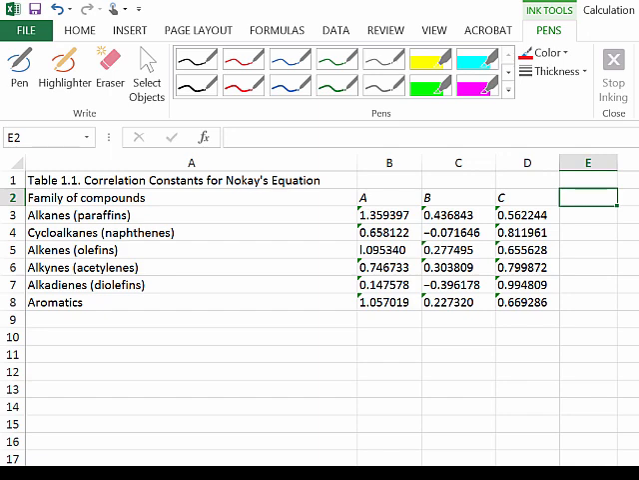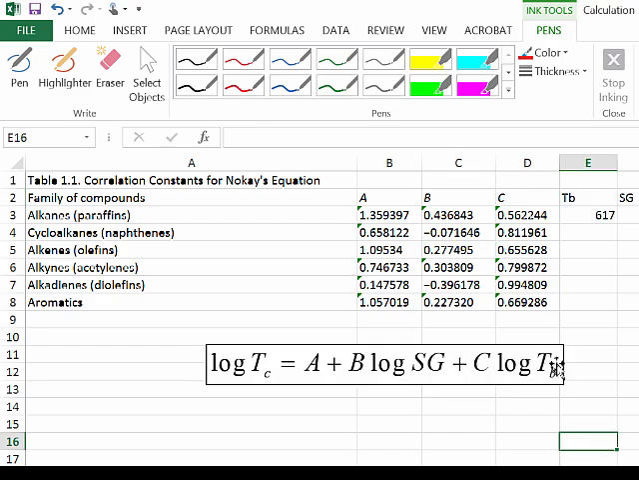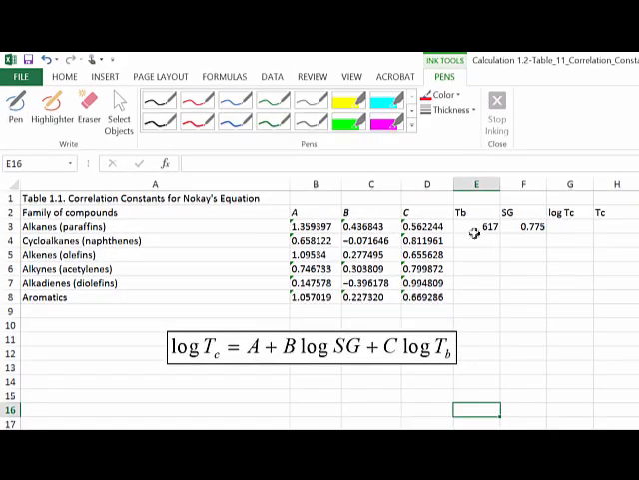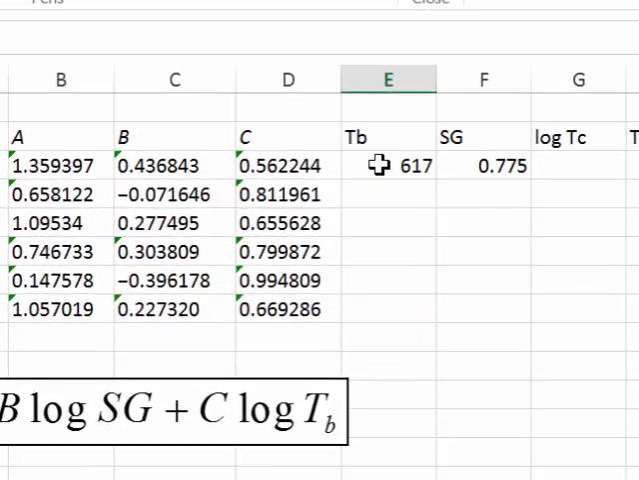We have now downloaded the parameters in Excel as you see here, and earlier we did the calculation for normal icosane. Let's repeat that calculation using Excel. This is the equation that we saw earlier. Also, normal boiling point for normal icosane is 617 Kelvin, as we see here. And also a specific gravity is